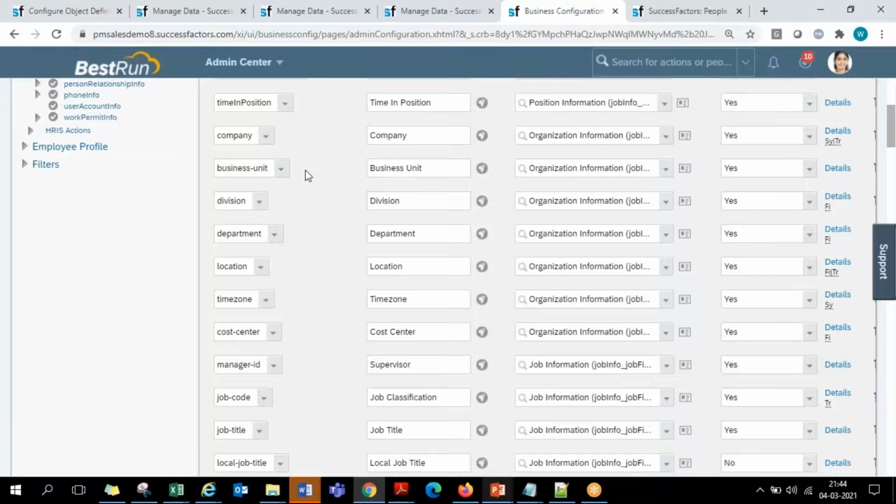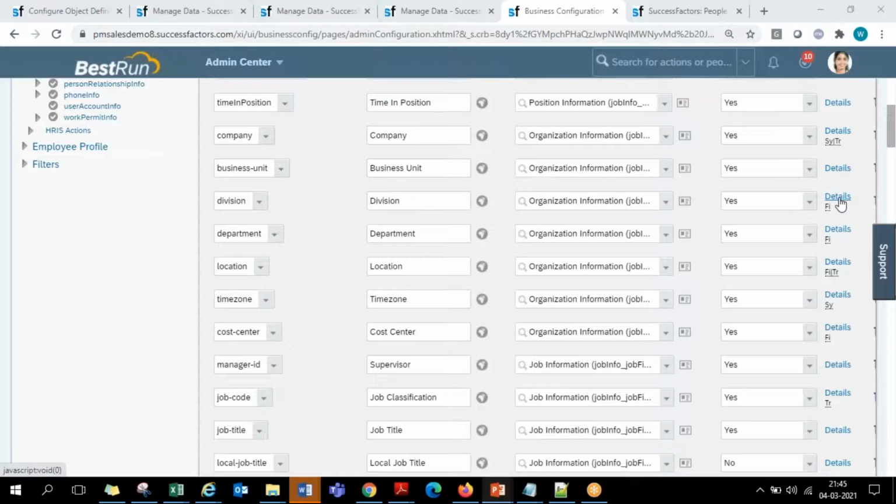Whatever association you have defined there, the reference of that you are required to give here in the fields level. Now if you want to connect business unit and division, here also go to the child level division. In this division object, on the extreme right, you have these details.